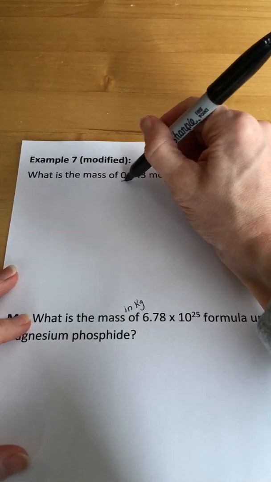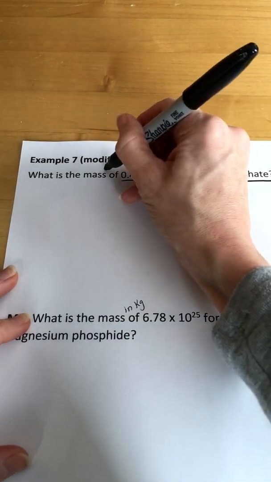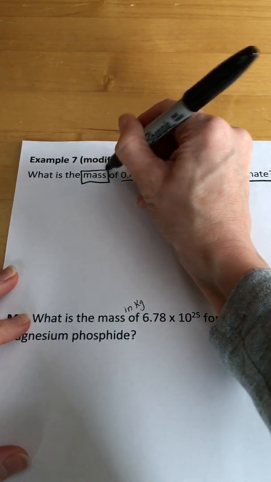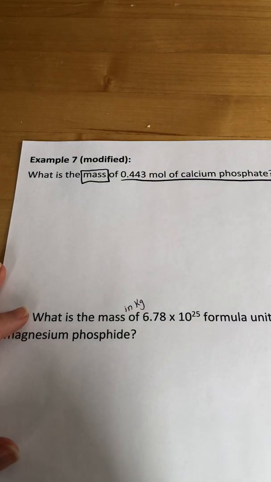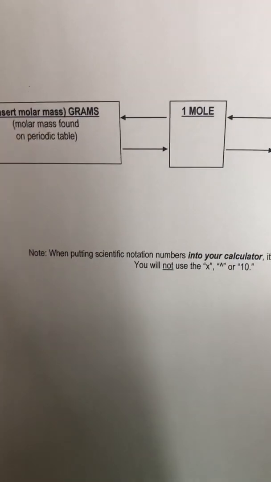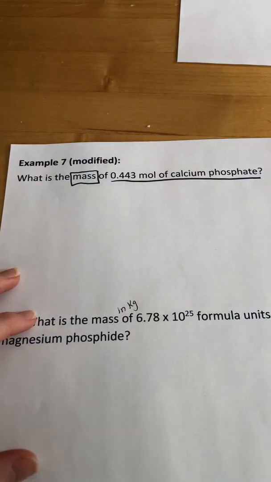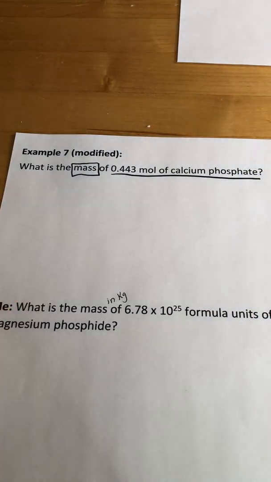So I have 0.443 moles of calcium phosphate, and I want to know what the mass is of that. So I'm going to be going from moles to grams. Since they're right next to each other on this chart, I can do that in one step. Now, before I do this, I need to figure out what the formula is for calcium phosphate,